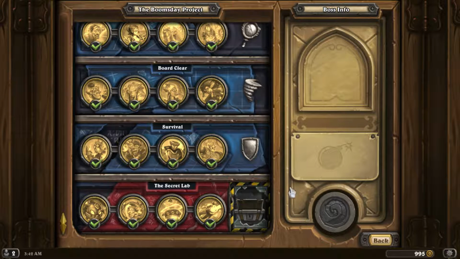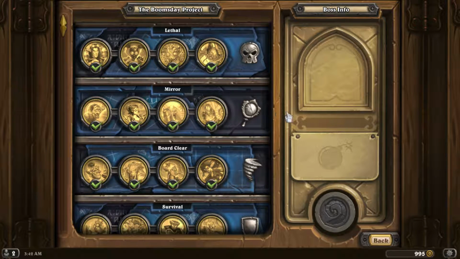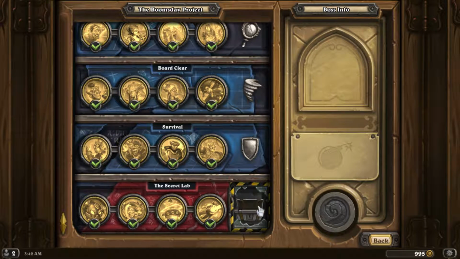I'd like to take a moment to just share my general thoughts of the puzzles in general. For the most part, I found lethal puzzles were the most difficult on average, but it's not really difficult to get up to the 4th tier on any of the puzzles. As you can see, I have now done everything and earned the card back,